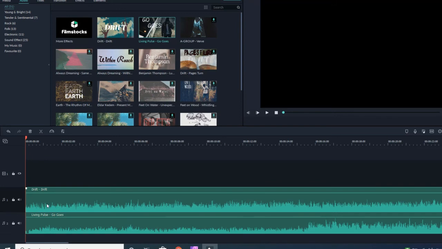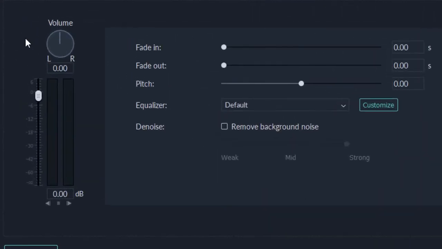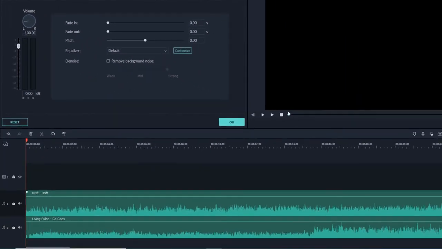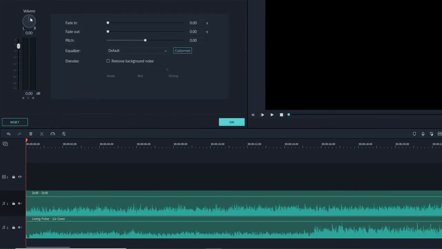Now I'll select this track, which is Drift, and double click on it so that I come to the audio properties. Here you can see L and R, left and right. I'll move this completely towards left and click on OK. Now I'll double click on this Living Pulse and move it completely towards right and hit OK.